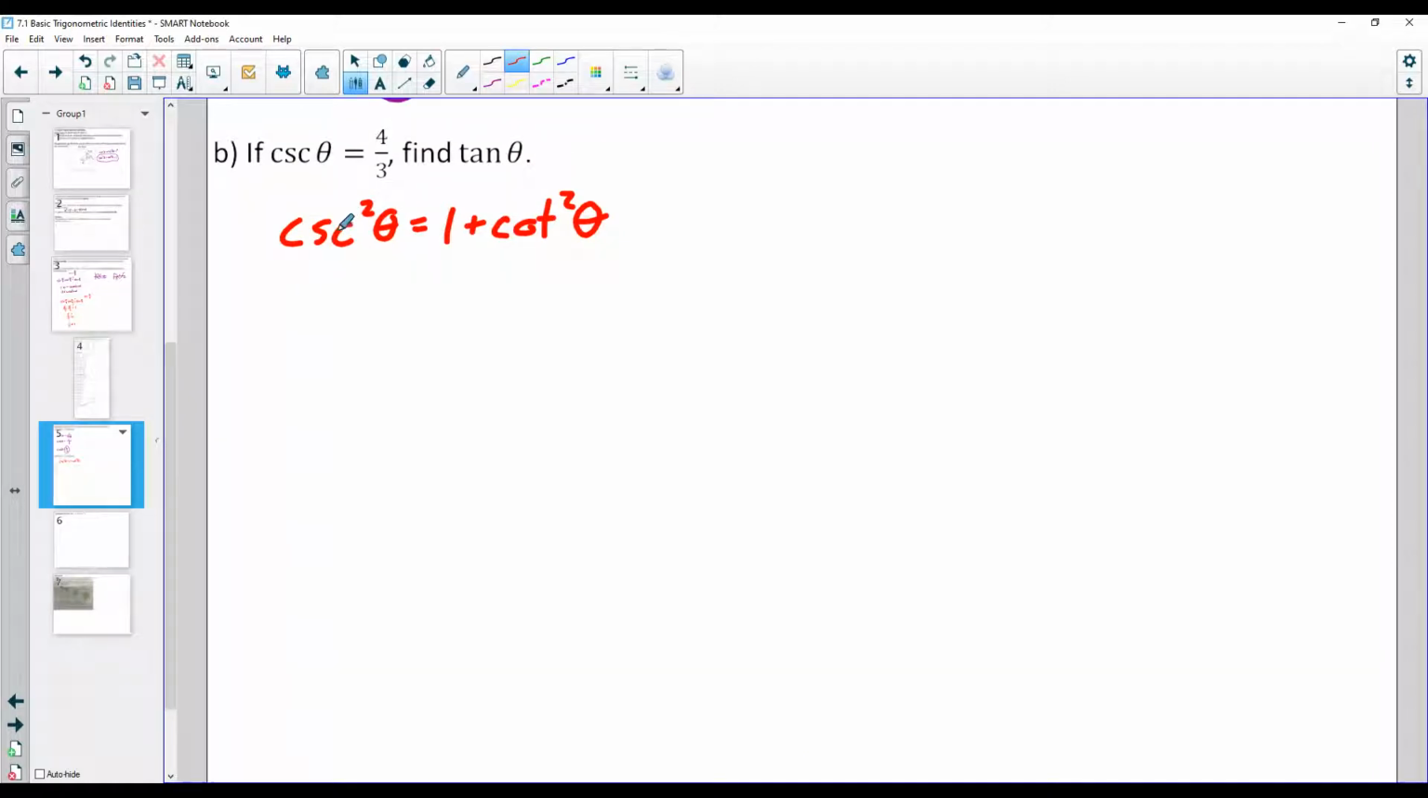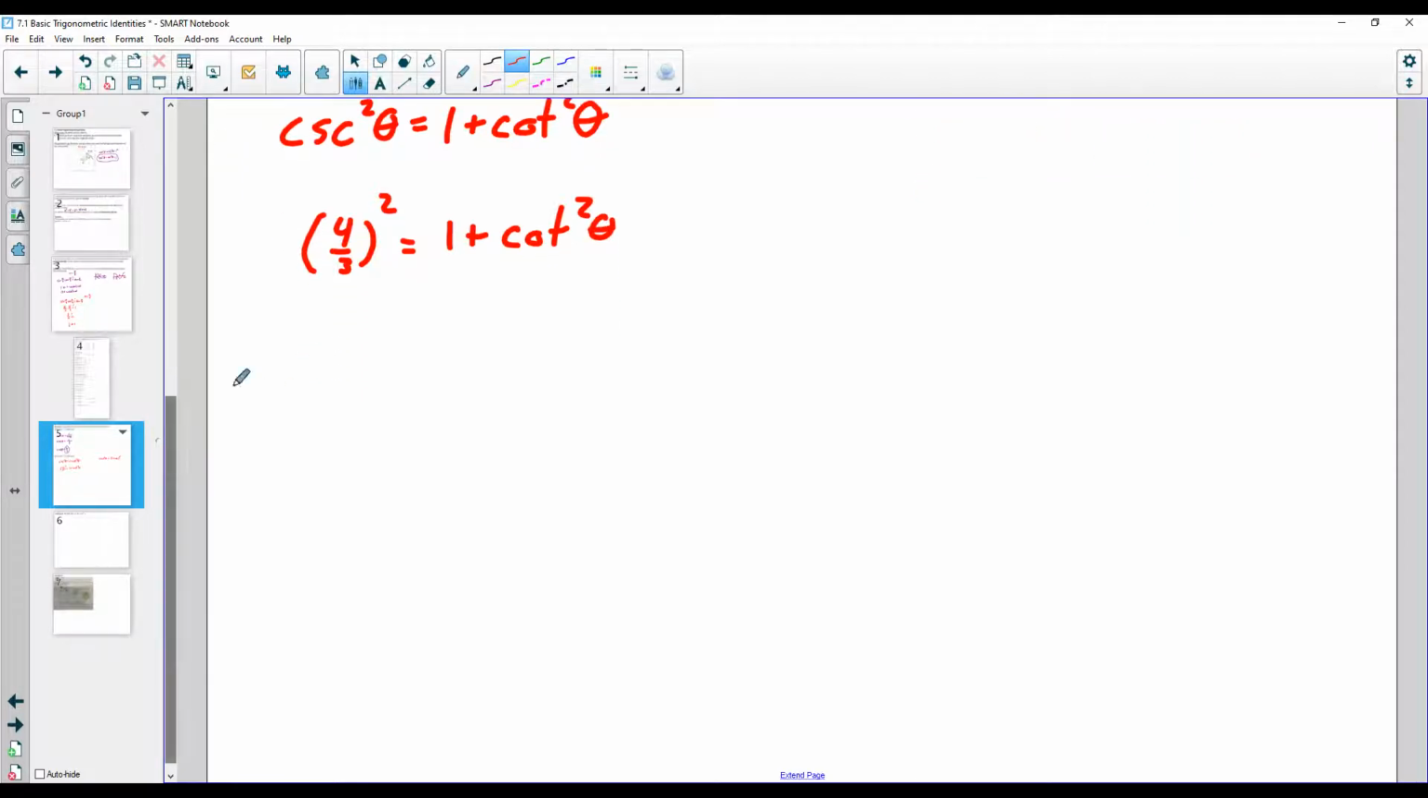right? Well, I have cosecant of theta equals 4/3. So cosecant of theta squared should just be 4/3 squared, right? Little mini lesson here. When we say this, that's the same thing as squaring the whole thing. And then equals 1 plus cotangent squared of theta. Well, 4/3 squared is going to be 16/9 equals 1 plus